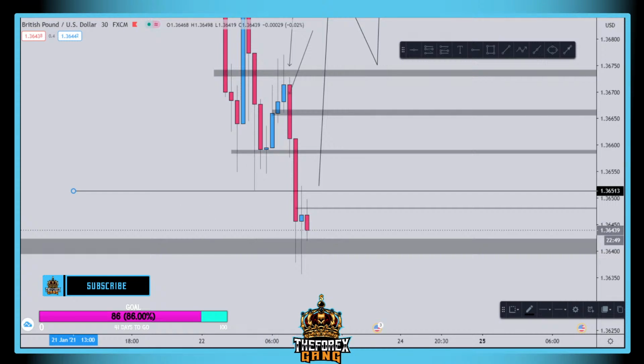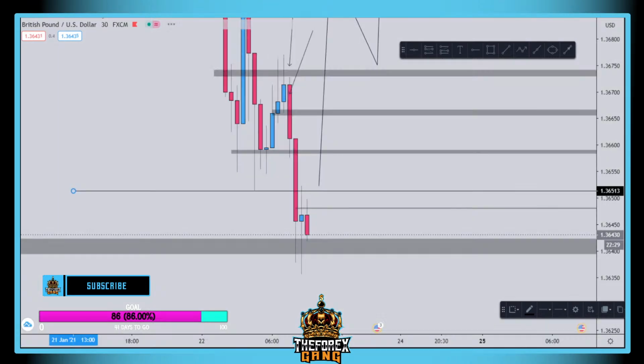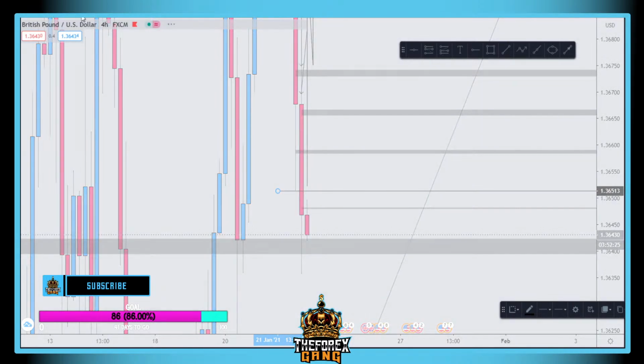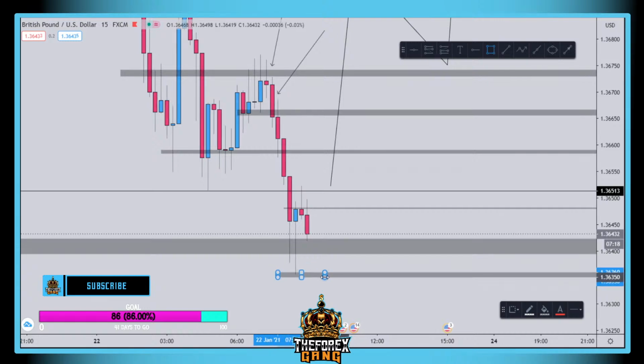If I want to take a sell, I would wait for it to at least close any candle, 15-minute or 30-minute candle, below 36,400. Yeah, this area. So I would want a candle to close below this, and probably I would not wait for a break. If it comes down, it's going to fill this wick.